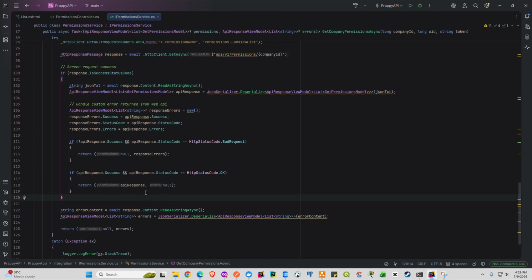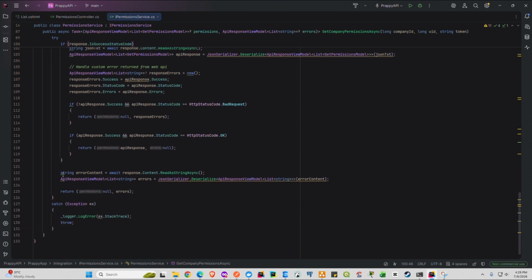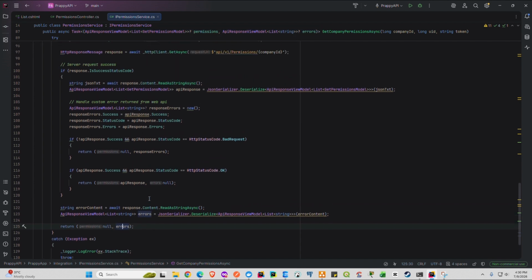So after that, if this part here is not successful or contains errors, what we have here is to read the error context string and then map it to the list string, since we are just trying to parse the error strings from the backend, and then basically just return null for the permissions here and then the errors. So after that,